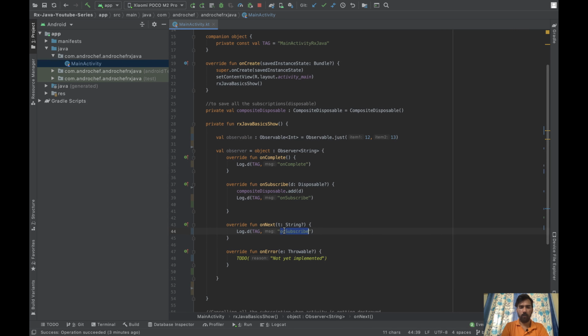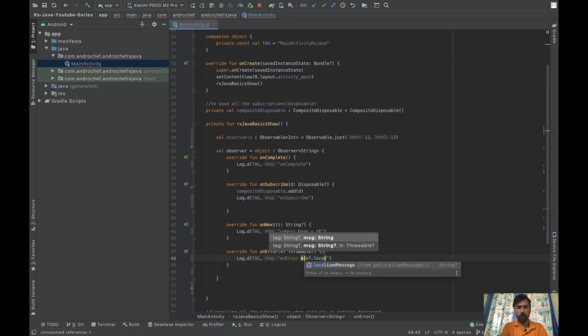In that one we will have on next, and then the name of profile IDs. So we will pass this name is equal to this one. And if error is there, we will throw an error. So just put this, and here we will use this message.